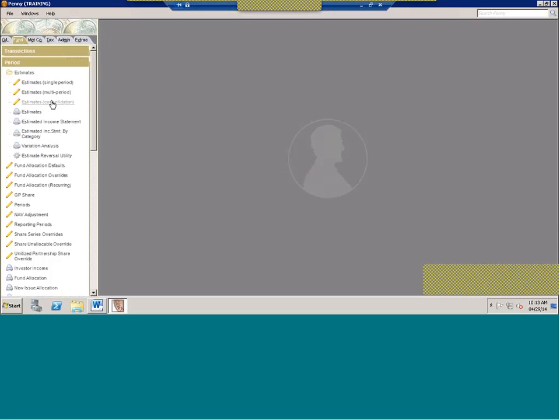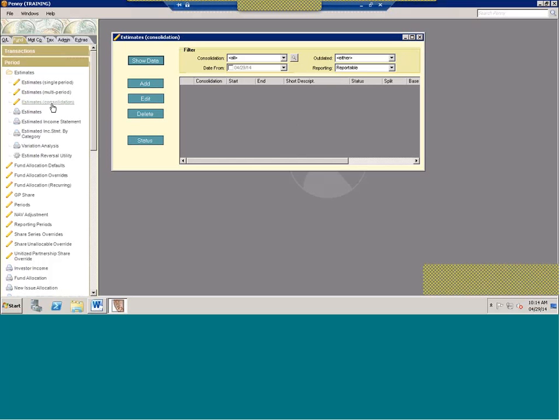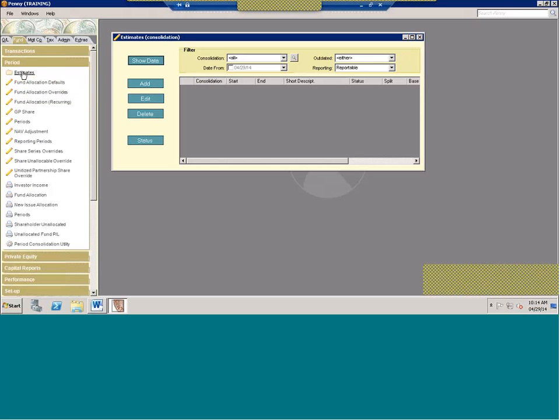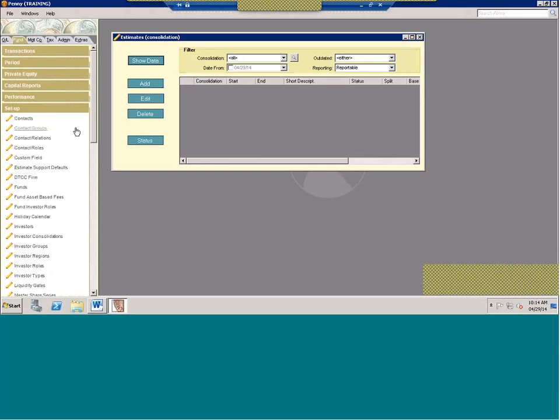Another functionality we have with estimates is an estimate consolidation. This is especially handy if you have master feeder set up. As you know, Penny can do master feeders, and it creates the automatic flow-through journal entry. So, for example, if you have your master set up to push, when you close your master fund, it's going to generate a journal entry booked at the feeder. Well, by setting up a consolidation for your master and feeder, you can actually do one estimate for your master and have it automatically flow to your feeder and estimate at your feeder. And that's done through setting up a consolidation, and then